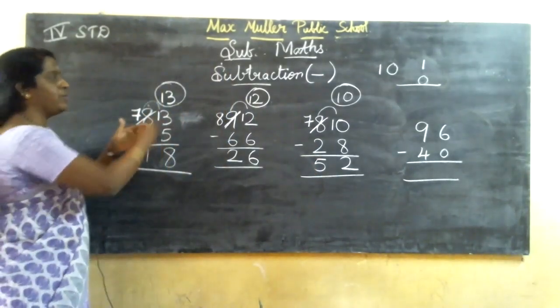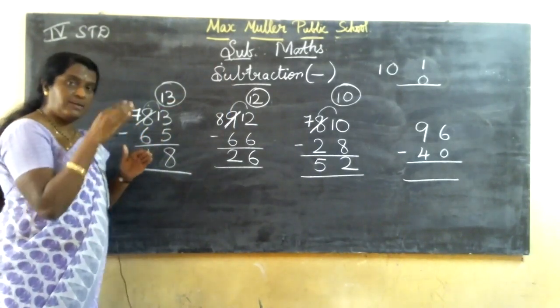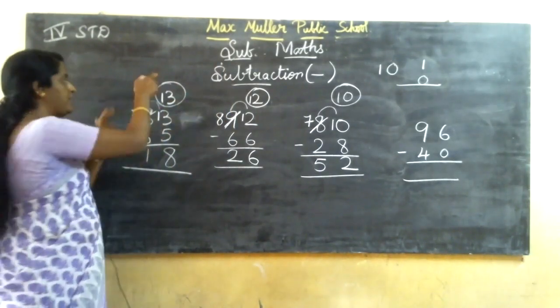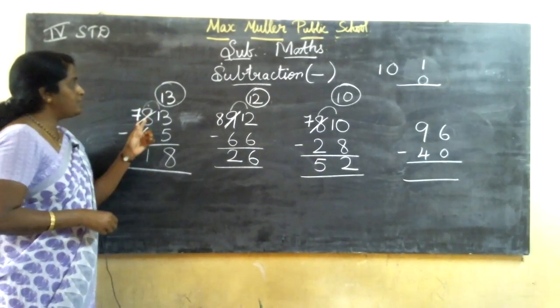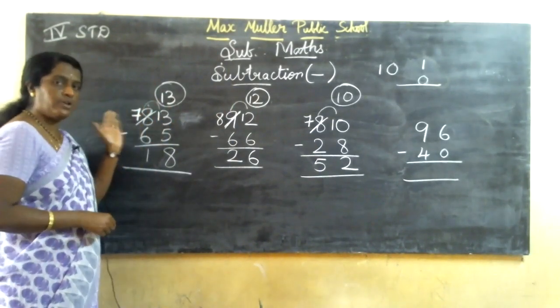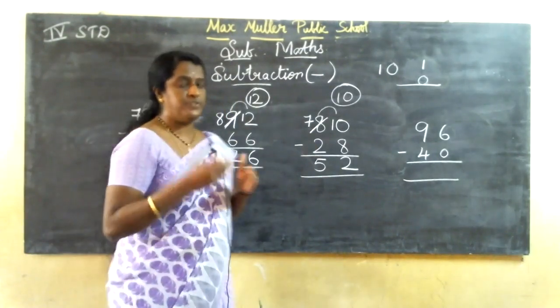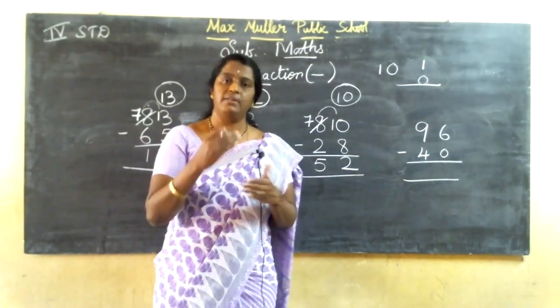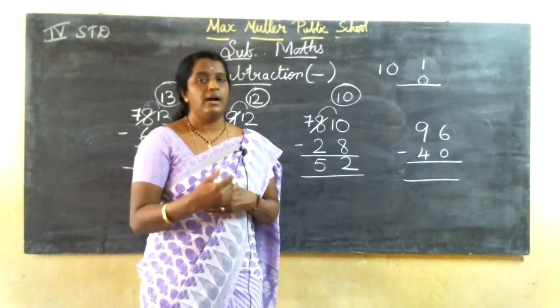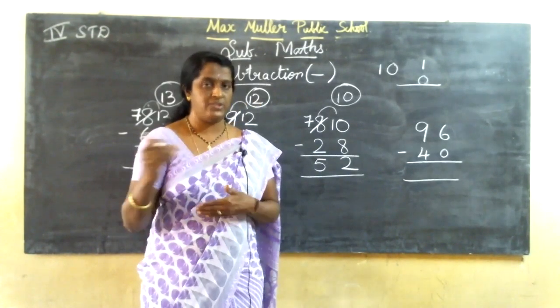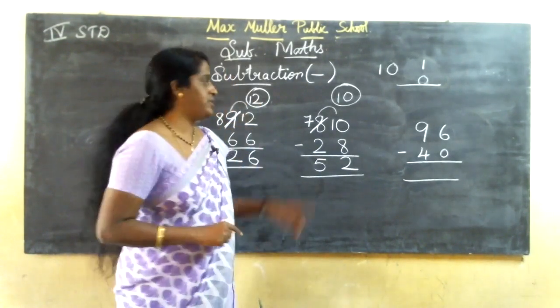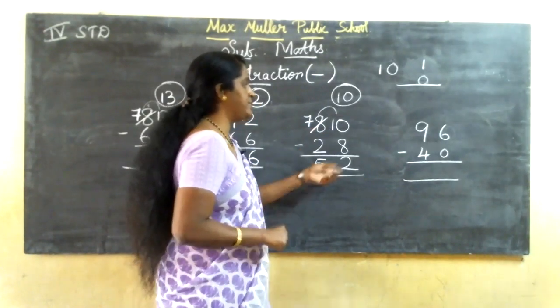So, subtraction first I thought direct answer. Now you should borrow. In addition, carry sum. If 2 number comes here, you will put 1 carry here. Here you should borrow. Before number what it is there, you should borrow 1. Okay. 3 digit, 4 digit, 5 digit, like that. When we start the class works, at that time I'll teach you children step by step. So here 2 digit number. So we have completed this.